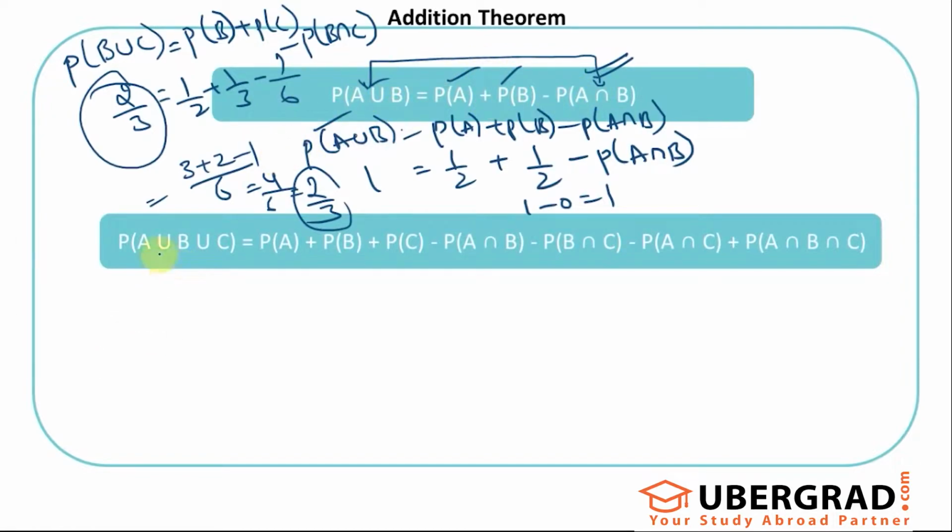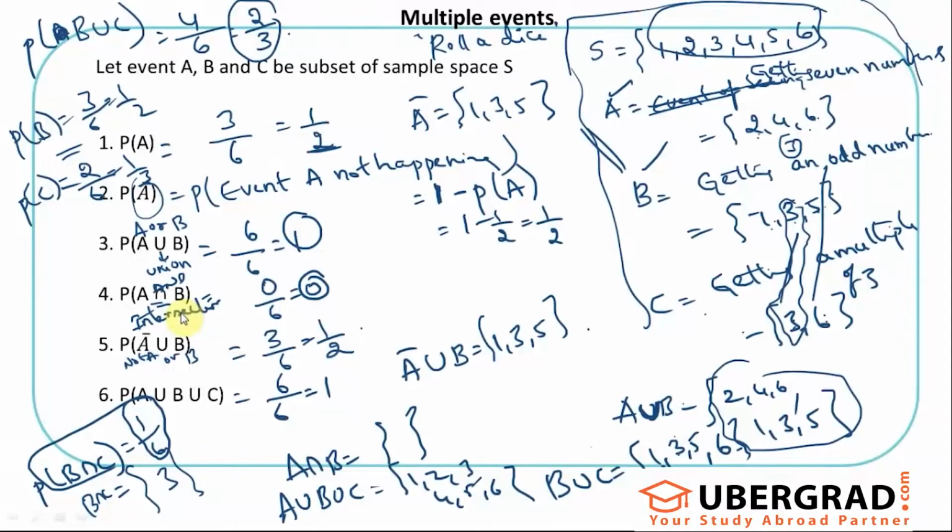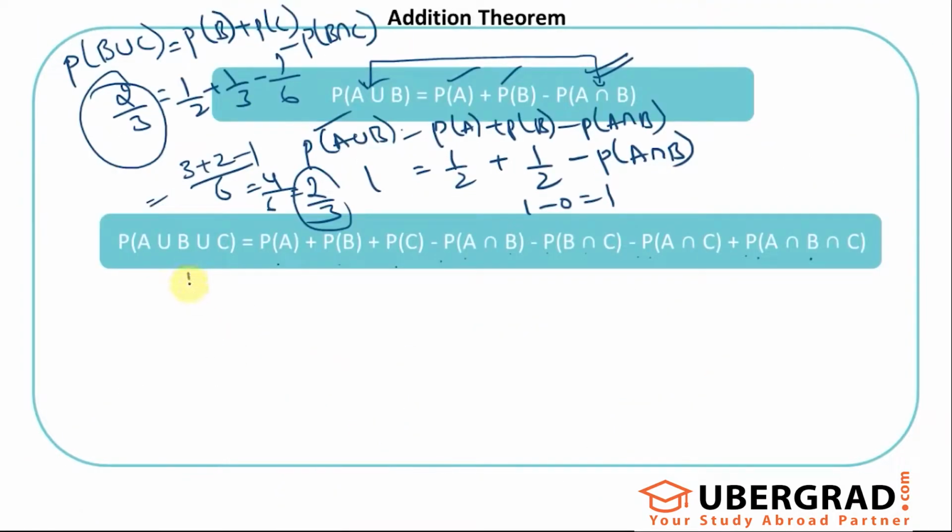For a bigger one, like if I have A union B union C, it is P of A plus P of B plus P of C minus P of A intersection B minus P of B intersection C minus P of A intersection C plus P of A intersection B intersection C. If you see the earlier case, P of A union B union C was 1. Right? P of A is 1 by 2, P of B is 1 by 2, P of C is 1 by 3, P of A intersection B was 0, P of B intersection C was 1 by 6,